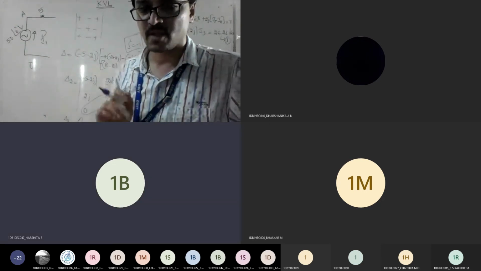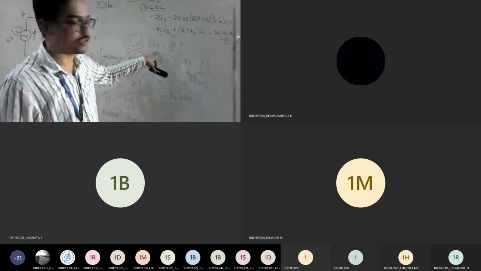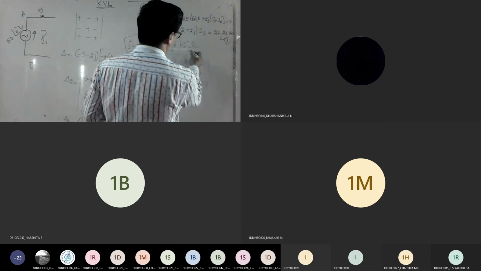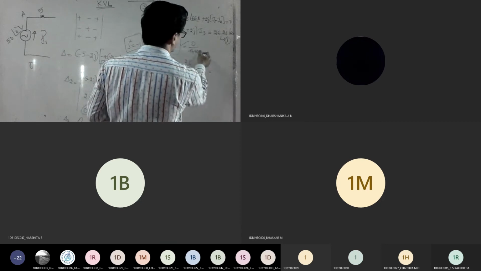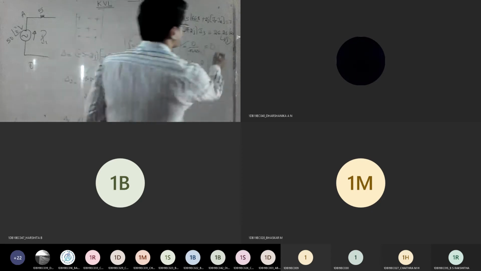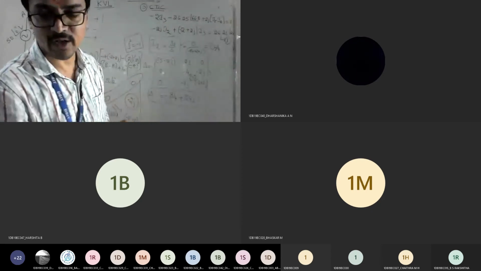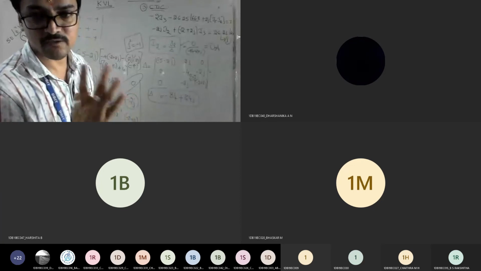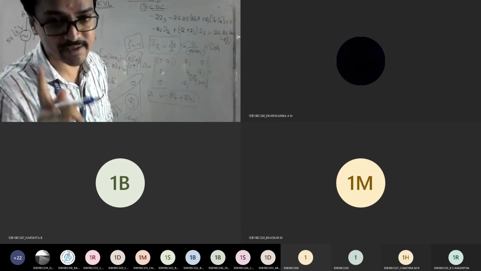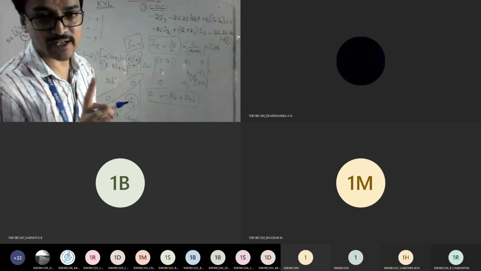Okay, good. Once you got that, go back to your formula to find I2. Delta 2 is 0, divided by minus 84.24j, so you can say 0. So you need to make a sentence: since the current is 0, the current flowing across the 4 ohm is also 0. That conclusion also carries 1 mark. If it is a 10 marks question, the conclusion carries 1 mark.